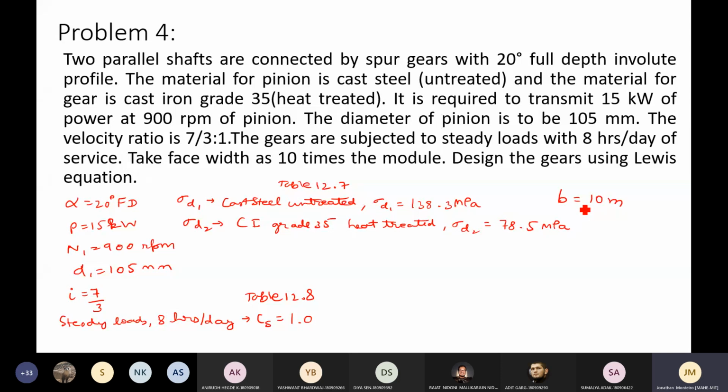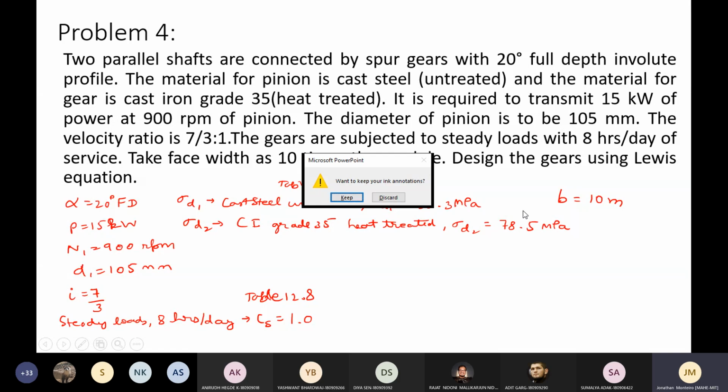Very similar problem. You have to be careful about some values though, especially this ratio 7/3, which you have to adjust properly, because z1 has to be a whole number every time. So that is why you have to adjust it properly. You can try out this problem on your own. In the meantime, I will continue the problem in the next class. It's already time. If you start solving now, it will take quite some time, so I'll stop at this point.